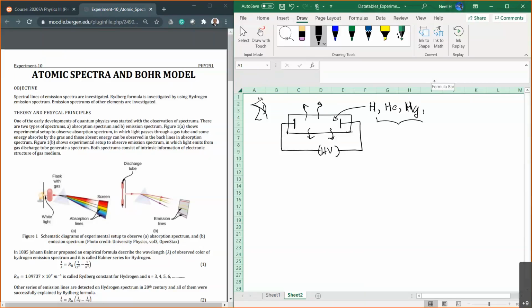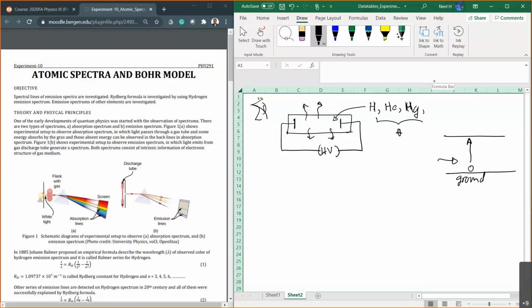Colors come out, and that led to the idea of why this color comes out. At the time, they had some idea about how the atomic structure looked. The idea is that usually in a gas system, all the atoms try to stay in the ground state, right? That's what they thought. If you apply a high voltage, you can ionize the gas atoms. So you put some energy in. As a result of putting the energy in, this gas atom or molecule can go to a higher